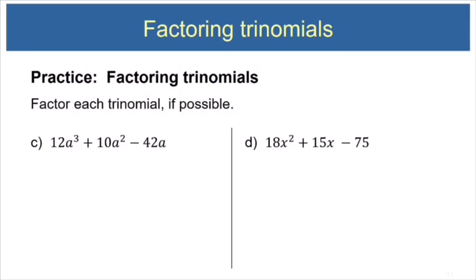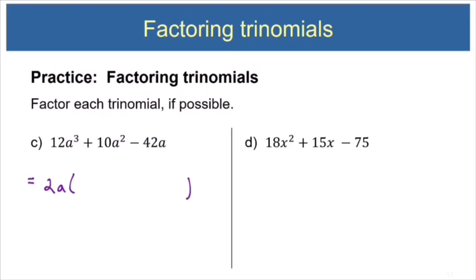In this case, it's definitely true that 12 and 10 and 42 can all be divided by 2. Also, as we said before, we have an a that's common to every term. So our GCF is 2a,